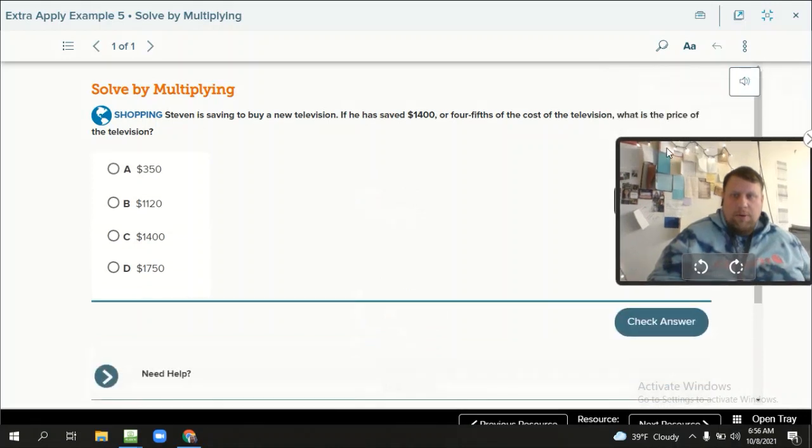Here's another word problem. I want you guys to try to set this up, see if you can get it done, and then we'll talk about it afterwards. So, ready, set, work it out. And we're back. All right. Stephen is saving to buy a new television. If he saved $1,400, so we know that he saved